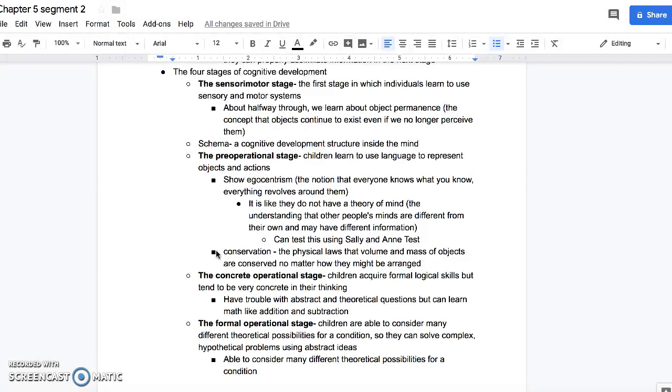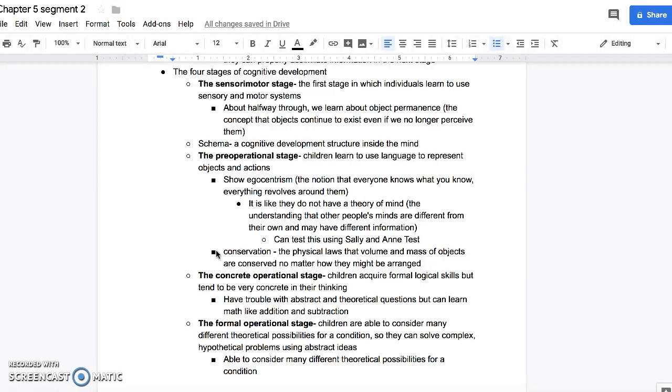And this happens in the first 2 years of life when we learn how to use the body's sensory and motor apparatus. About halfway through, we learn about permanence, which is the concept that objects continue to exist even if we no longer perceive them. Also, for Piaget, the principles learned at each stage of development reflected a cognitive structure inside the mind, which he